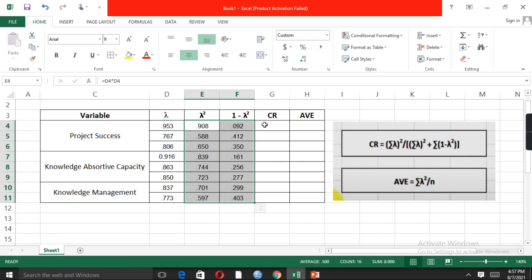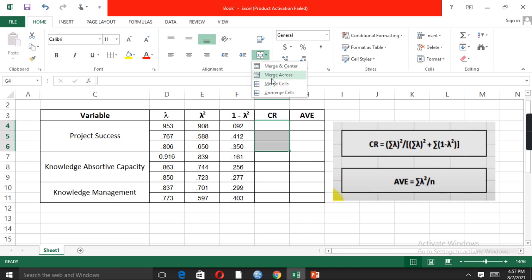So the next step is that we need to calculate the value of composite reliability. So adjust the table accordingly.